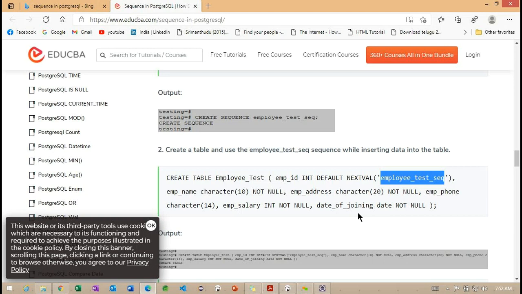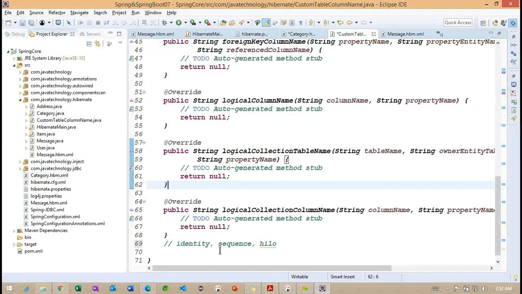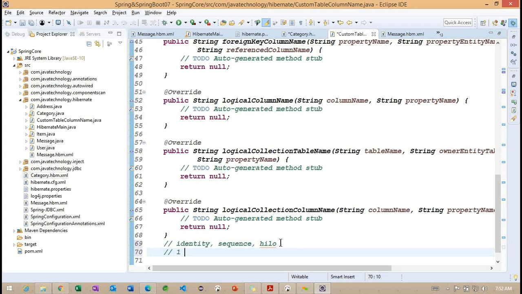So in a real-time application, the sequence is going to start from 1, and it is going to end at something like 5 nines or 6 nines. So it's going to look like this. The first value is going to start at 1, and then the max value, which we are going to specify.